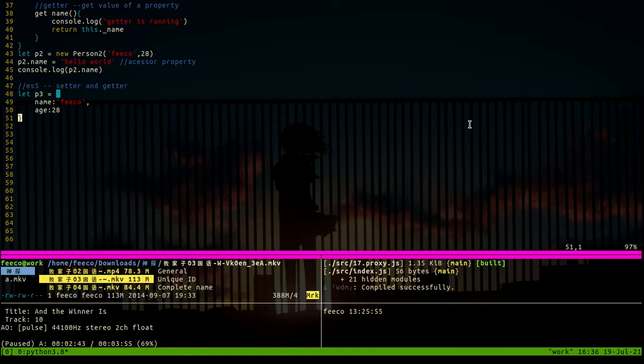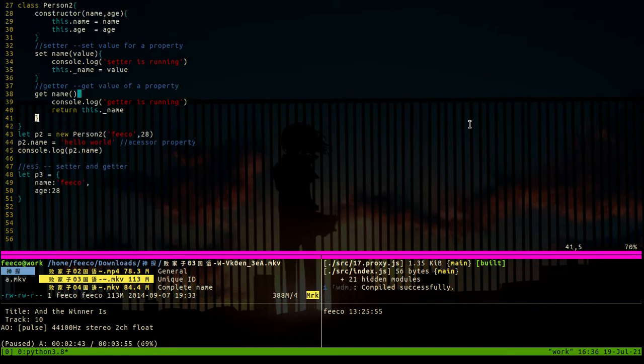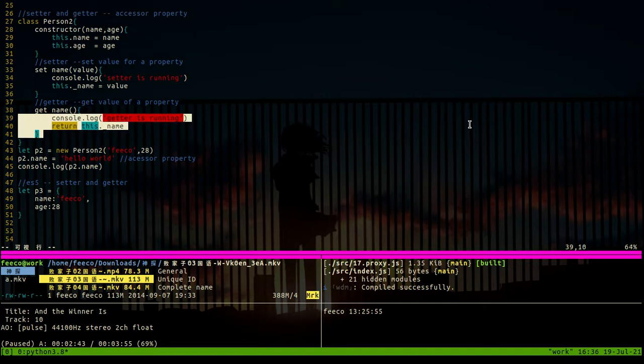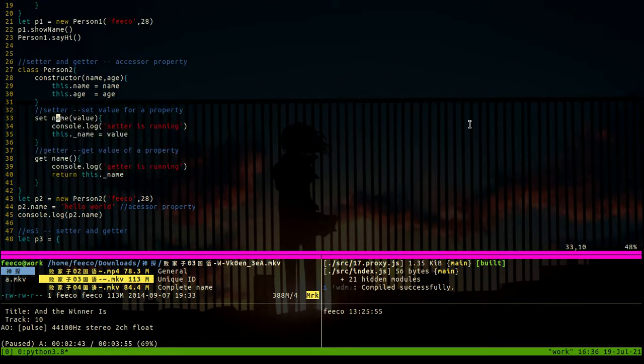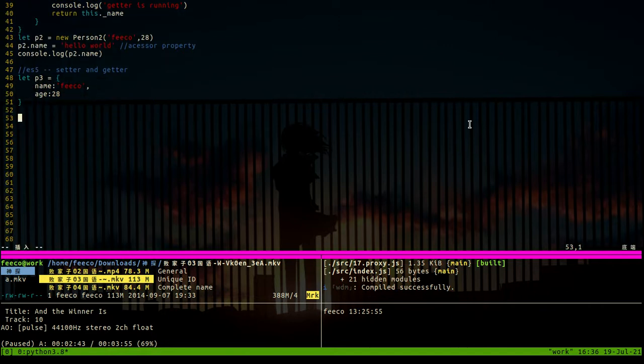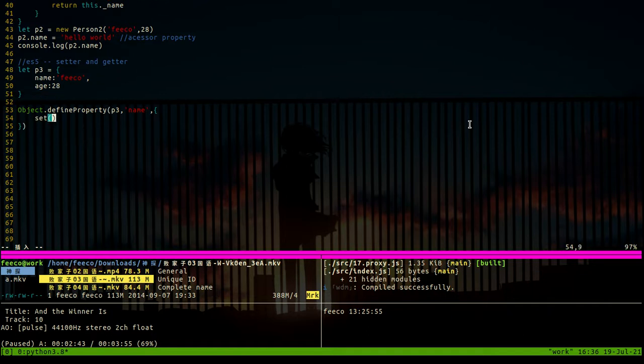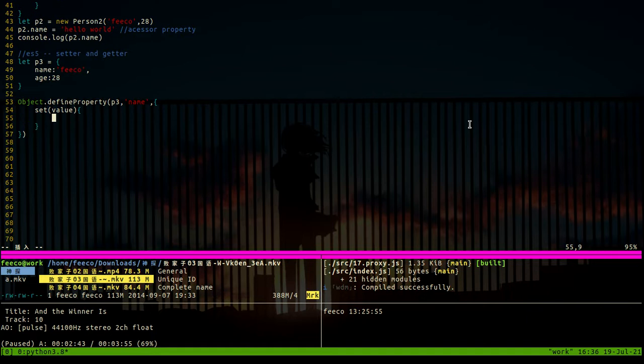If you wanna set getter and setter with the constructor, you can just use this way. So in ES5, we do Object.defineProperty. We pass P3, property name and a handler. In this handler, we give it a set, a function set. So this.name.value